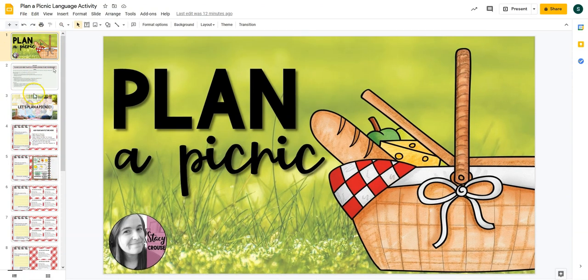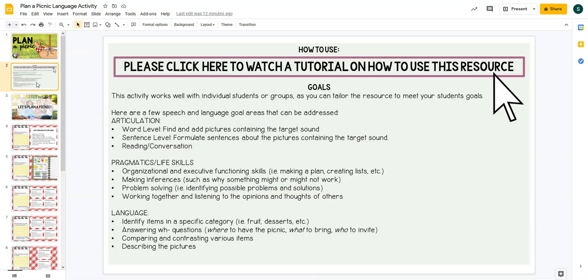Okay, so you will have on this second slide a link to this video if you need to revisit, as well as different areas of speech and language, life skills, pragmatic skills that can be addressed using this activity. There are many more beyond this list, but these are just some ideas for how you might work this activity